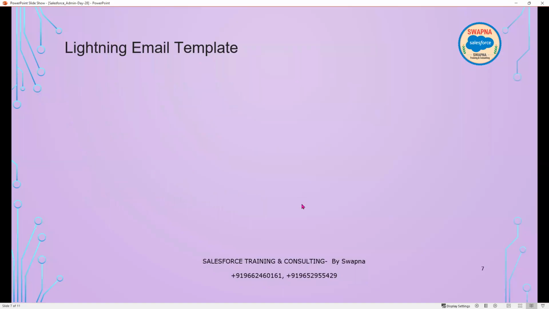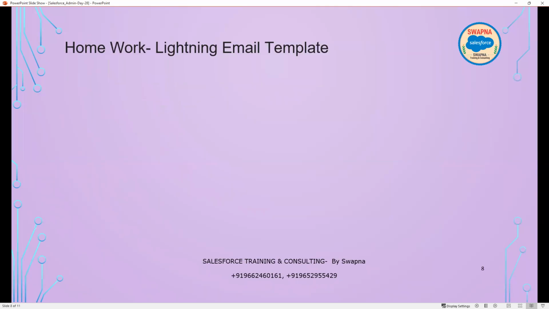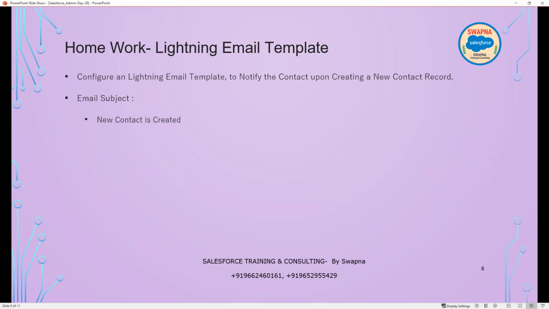Note down the homework. So this is everything we have completed. Homework is to configure a Lightning email template to notify the contact upon creating a new contact record. Email subject: new contact is created. For the email content header, take any header, and also put a background,